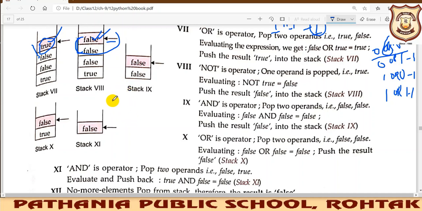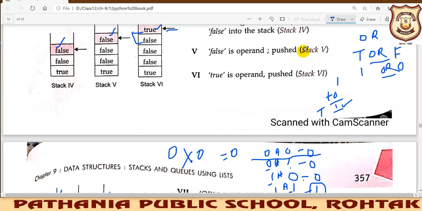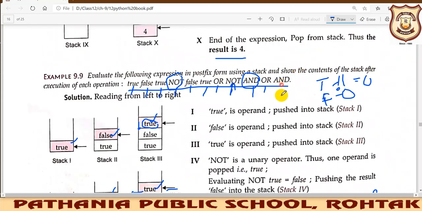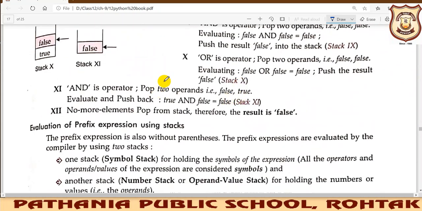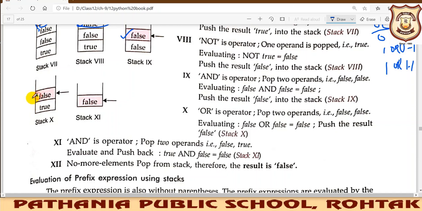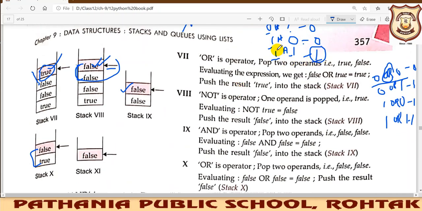So now you will take out these two and you will apply OR to it. False, false or false, so you will get false. So you have placed OR here. Then what next? AND. So again AND, if you are performing, you need to take out the two elements. False and true. So obviously in AND operation, when you are doing 1 and 0, it will give you 0 only. So at last you will get false.